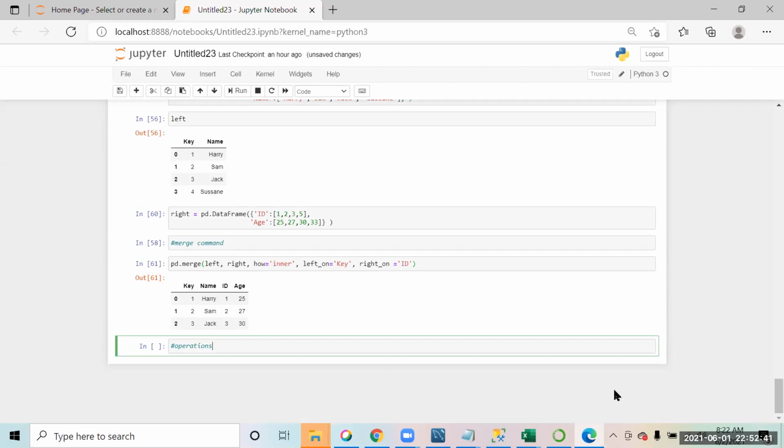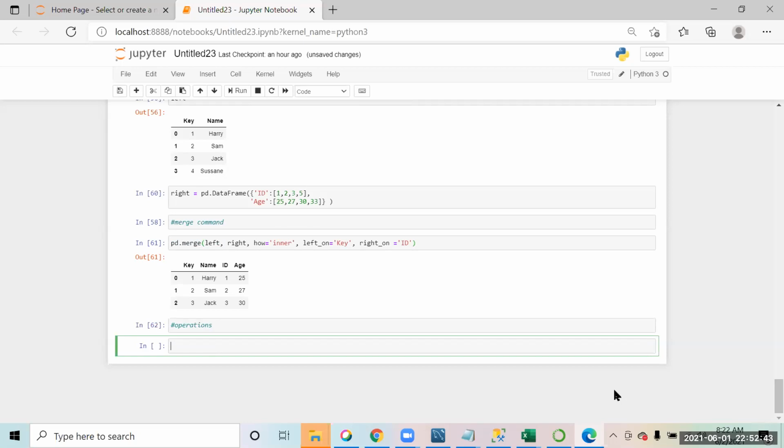So now we will just see some basic operations that you can do with the help of pandas, right? So let's make a small data set over here. Let's make a data frame. Data frame equals pd.DataFrame. Let's see some data like this.